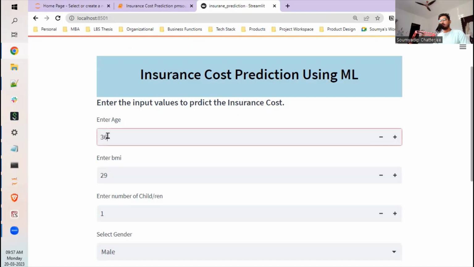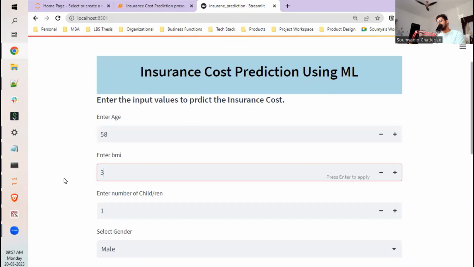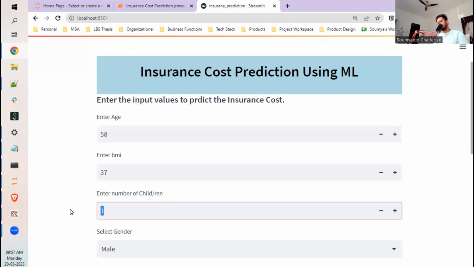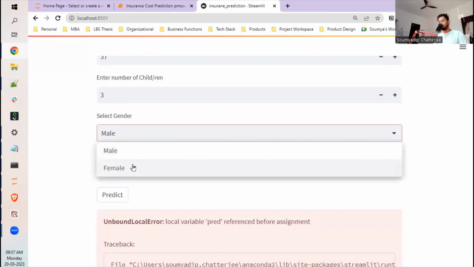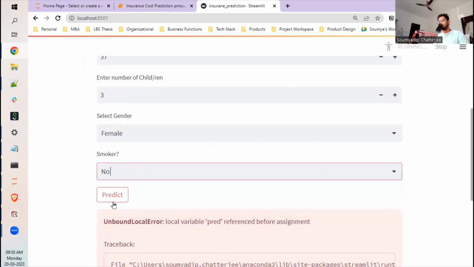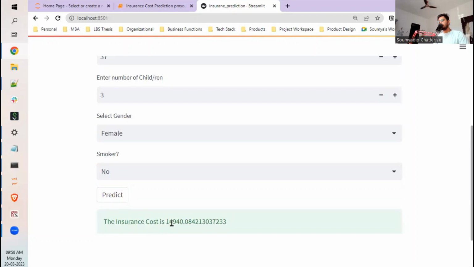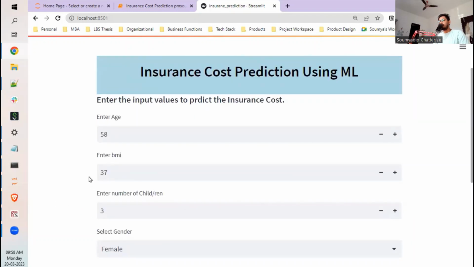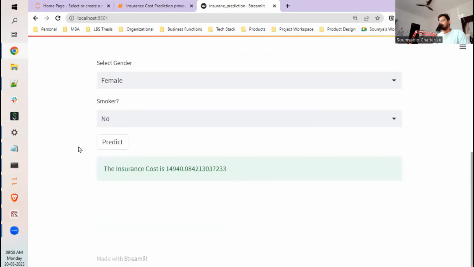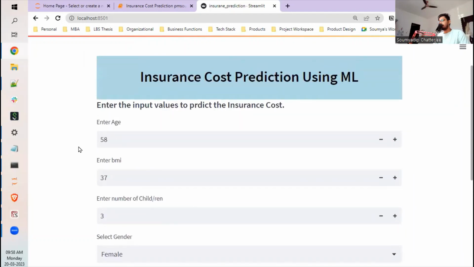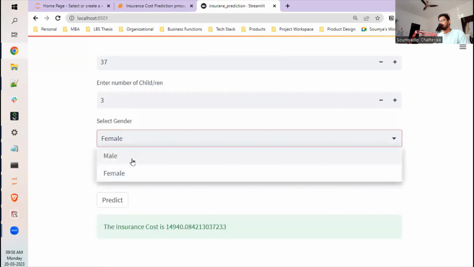So here, let me try one more for a different applicant. Let's say the age is around 58. The BMI index is quite high. The number of children is around, let's say, 3. The person is female, and let's say it's a non-smoker, and I'm going to predict that. And the insurance cost is coming around 15,000. So although this person is quite elderly, however, the cost of insurance is relatively less because there are no bad habits. But let's say if I change that over to